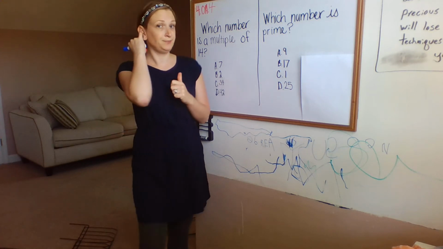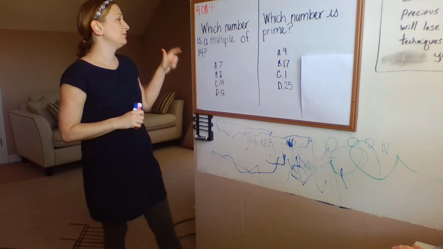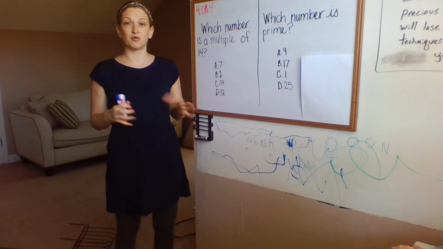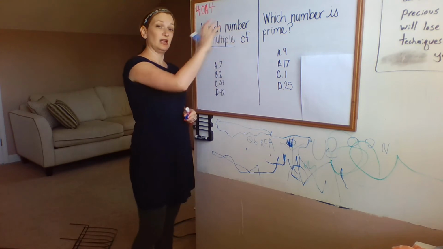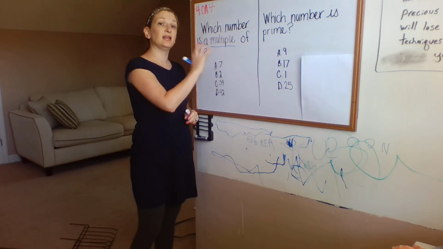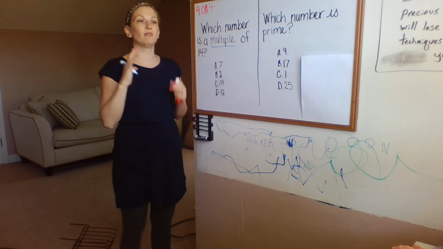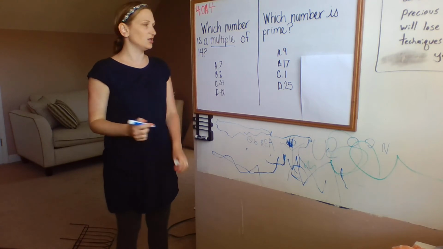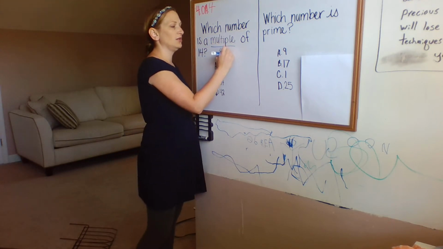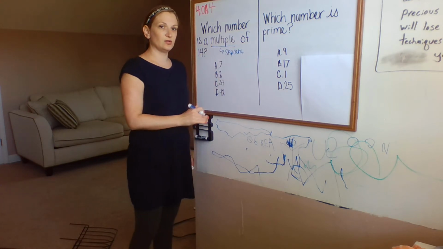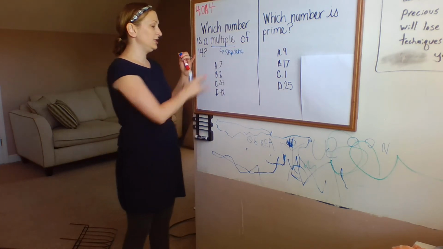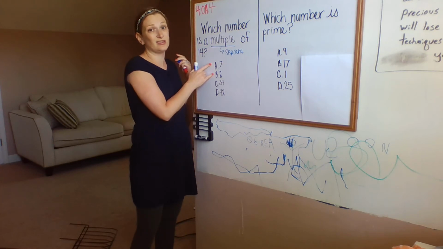So let's get busy. Which number is a multiple of 14? Simple, straightforward, but we still got to underline. When we're underlining, when it's simply stated like this, we want to make sure that we're going back and thinking about the definition. So multiples is when we skip count. Now, these answers, if you look real quick, 14, well, 7 and 2, that's nice and convenient because they're factors